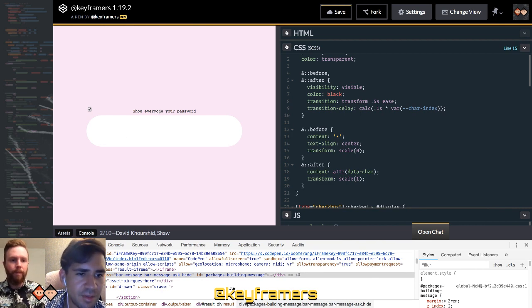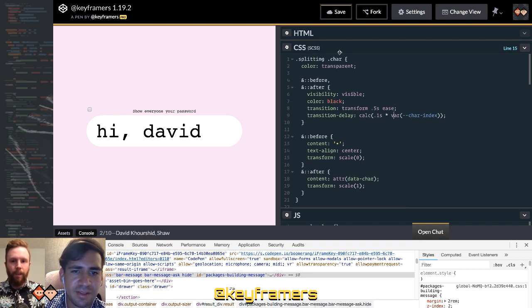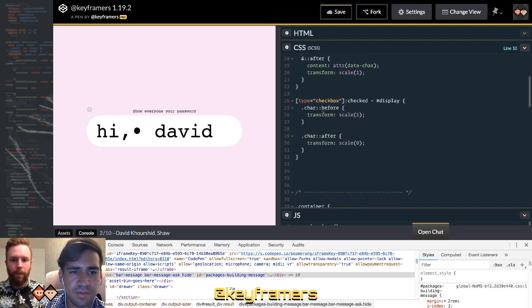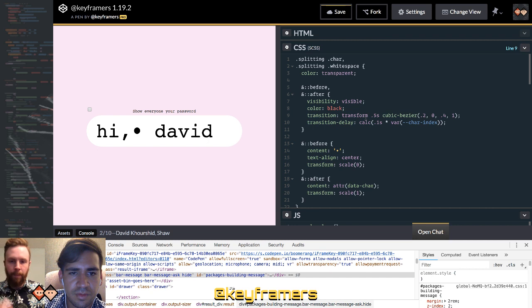All right, let me do this white space type of thing over here. White space, no wrap, and I'm not sure how. This could just be splitting white space and do that as well. Something like that.